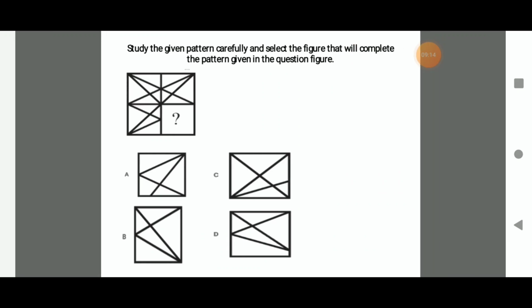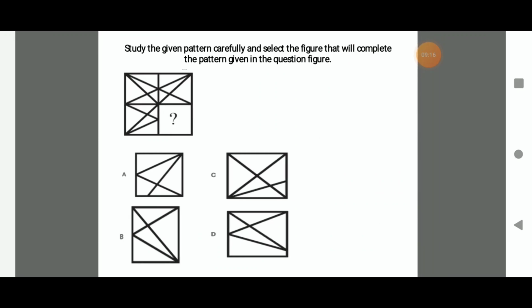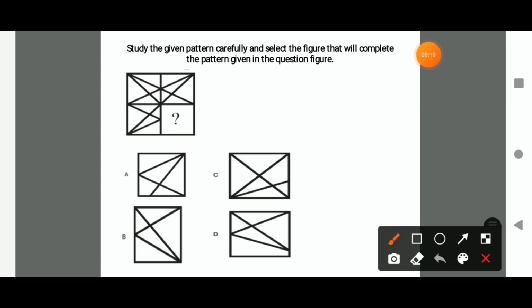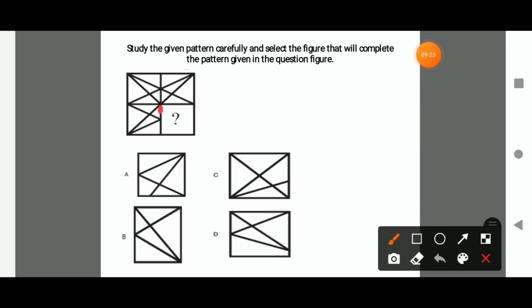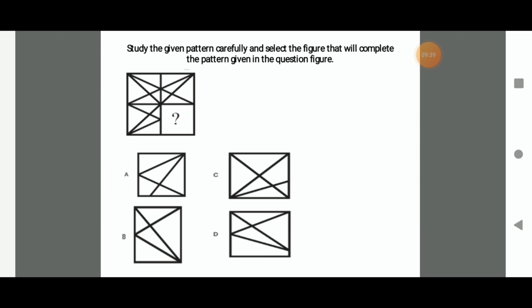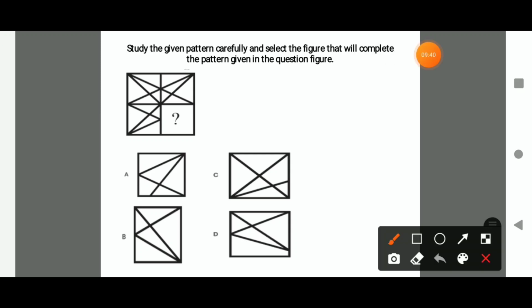And the next one is figure completion. So here we can observe that this is figure completion. The line will be there. So where is it? This one no, this is also no, there is a line. Okay, this also has the line, this also has the line. So let us go for the next options. Option A will be already eliminated.